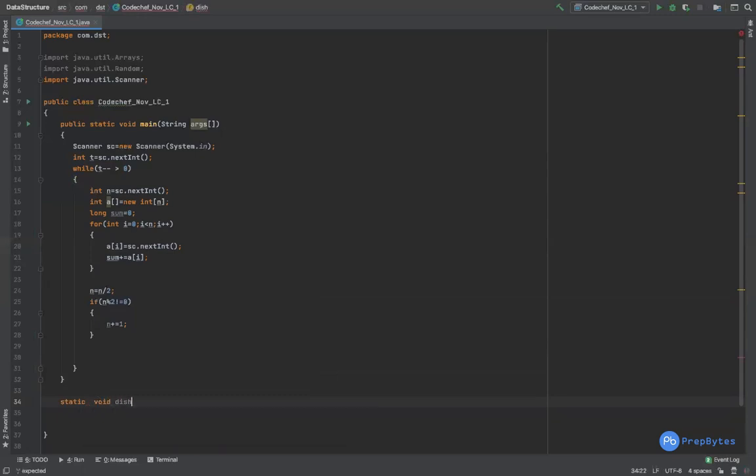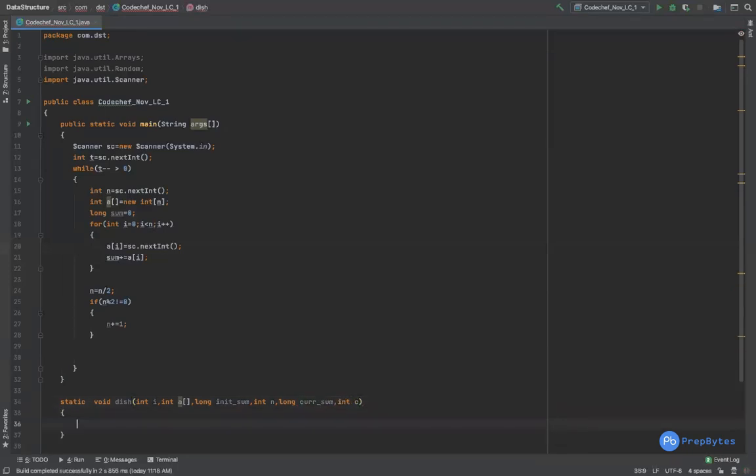Let's denote it with dash. Okay, here I will pass i to keep a count of which index I am currently on, then this array a, then the initial sum, let's denote it with init sum, the total number of dishes, and let's take this current sum. Okay, and c.